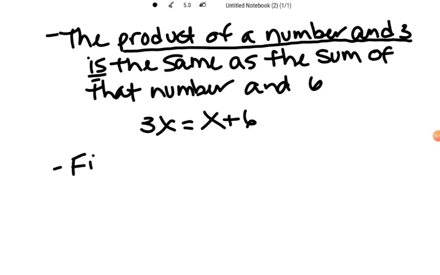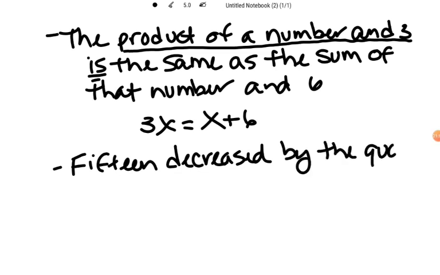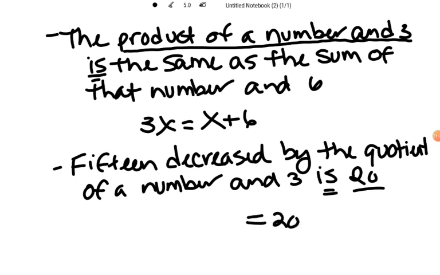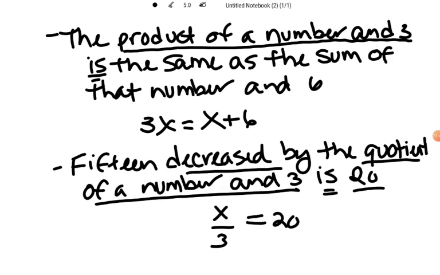We have 15 decreased by the quotient of a number and 3 is 20. Okay. So is 20. I'm going to go backwards for you guys. So is 20. And we know the quotient of a number and 3 is x divided by 3. And 15 is decreased by that. So 15 is decreased